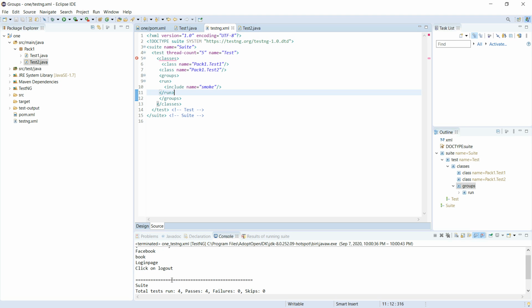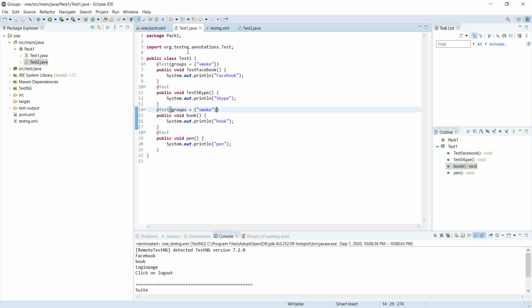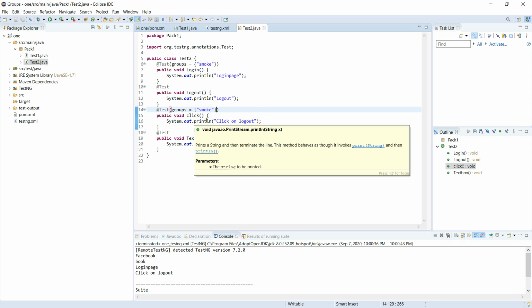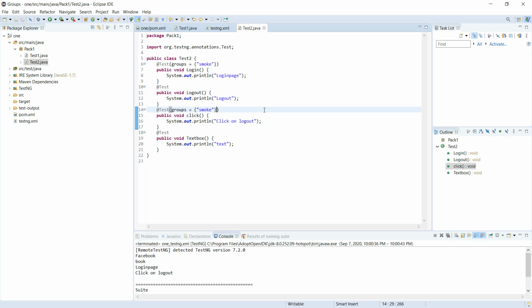So see here, in test 1 I'm creating Facebook as a smoke test, and the next book as a smoke test. So these two are executed, and coming to test 2, I'm adding login and click methods in smoke test. So now these two are executed.